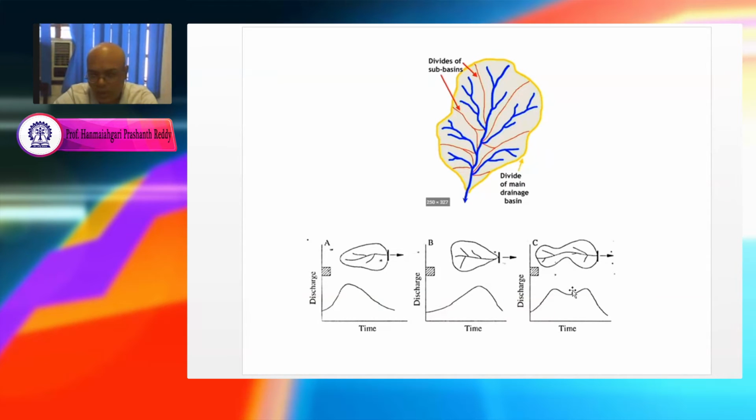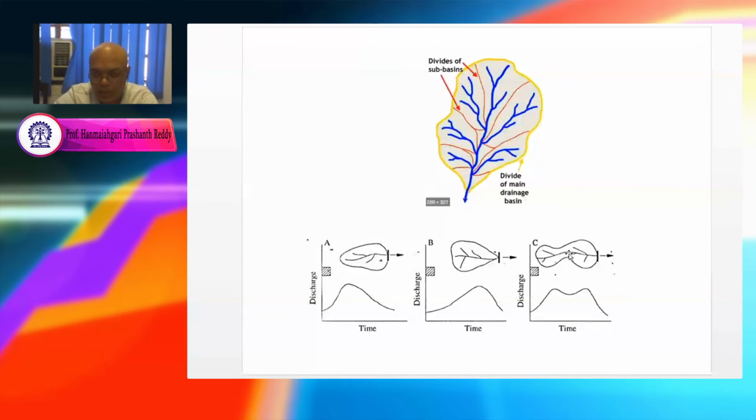But in the third case, it is a dumbbell shaped watershed. In the dumbbell shaped watershed, the significance is it has two peaks. First you see this is the outlet. First the area very close to the outlet contributes to the first peak, and after that there is a delay